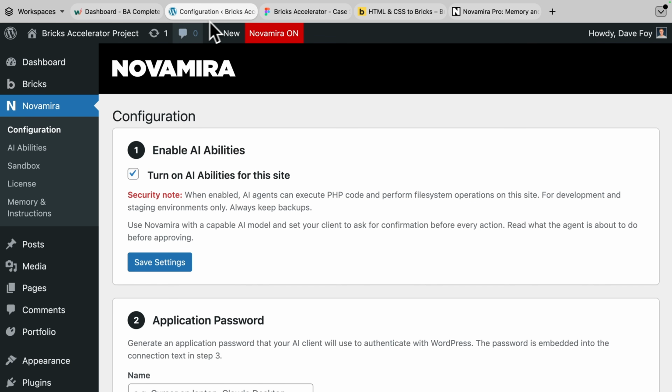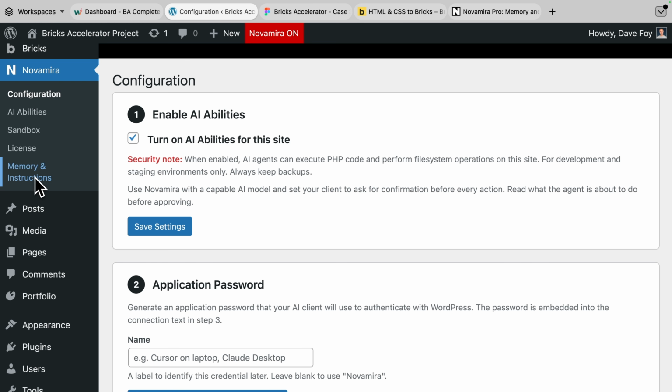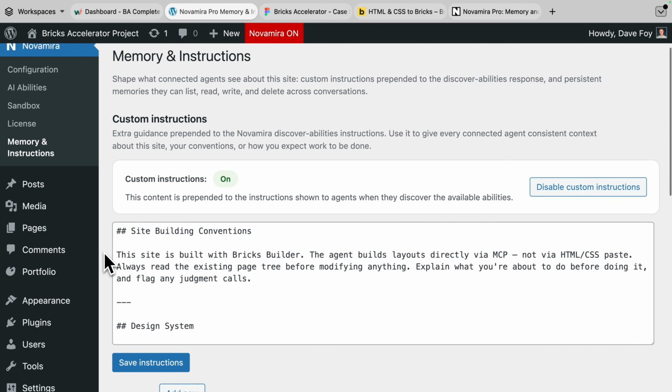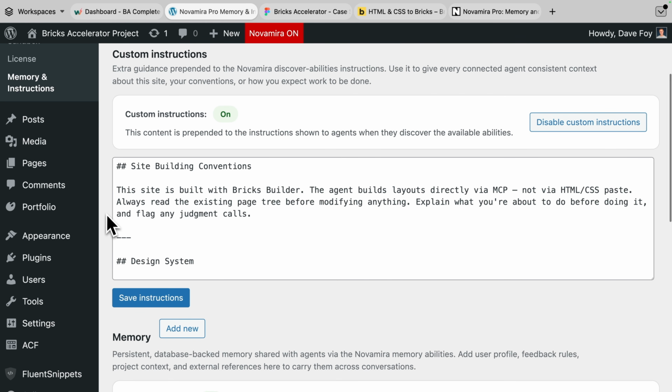And the way we do that is by building up this MCP's memory and instructions for this particular site. And this is the secret sauce, as they say. So as well as the abilities that ship with Novamira by default, you can also add your own custom instructions for your AI agent LLM to follow based on your conventions and the way that you like to do things. And so here, this box was completely blank on a fresh install, of course,